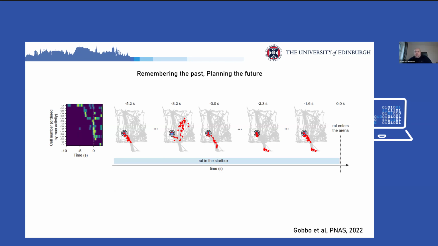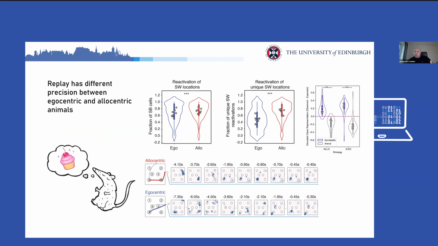So we did try and extend these results to a bigger arena and the allocentric and egocentric trained animals, and indeed we find again that there was a much higher than chance reactivation of cells representing sandwell locations while the animal was in the start box about to start their trial. And this was also confirmed with a decoder, where the decoding of sandwells was much higher than chance and much higher than other points in the arena, still considering the start box activity.